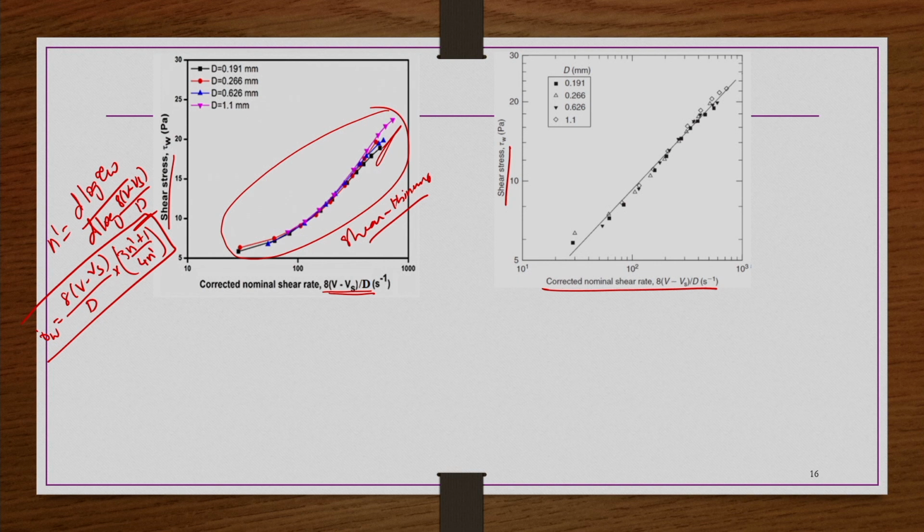And then you can find the n prime value also. N prime you can find from here, right. This way you can find it out. You have to find n prime for each value of tau W. But now, from the nature of the curve you have already realized it, so you can apply the power law behavior, whatever power law fitting you can do, and then find out this n prime.